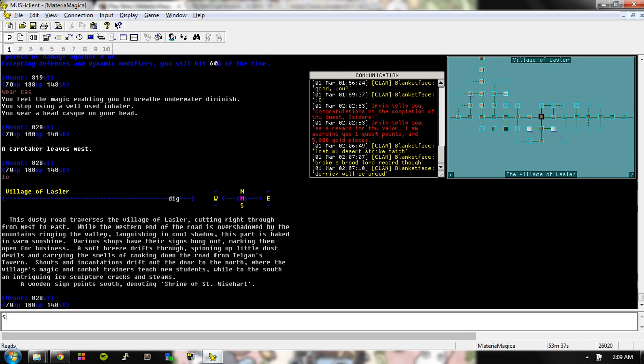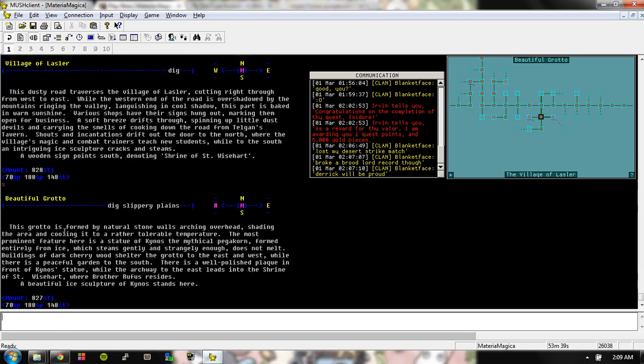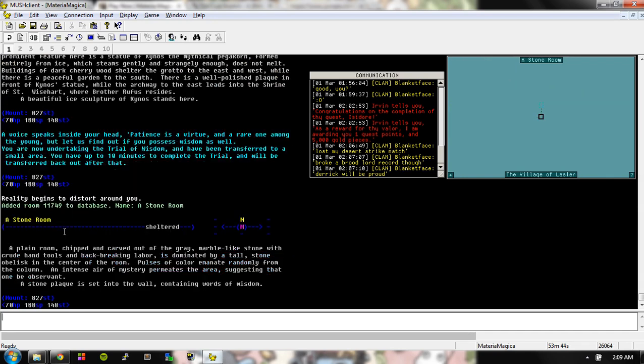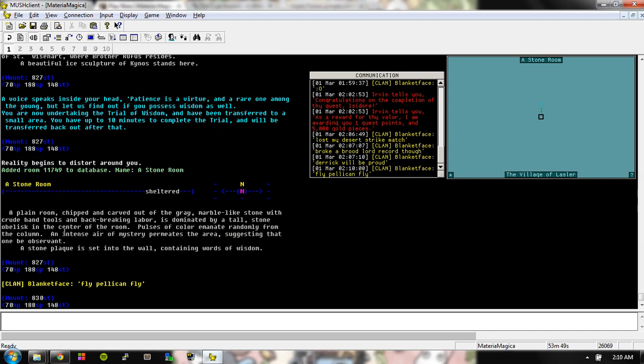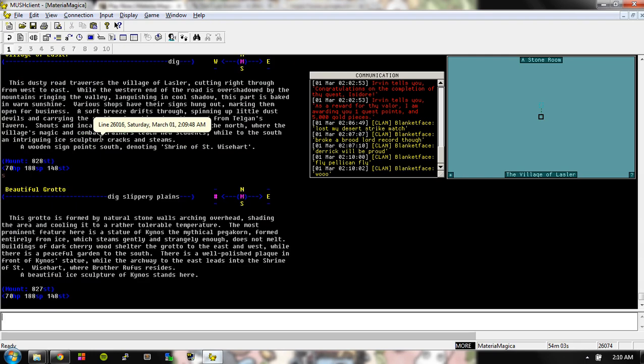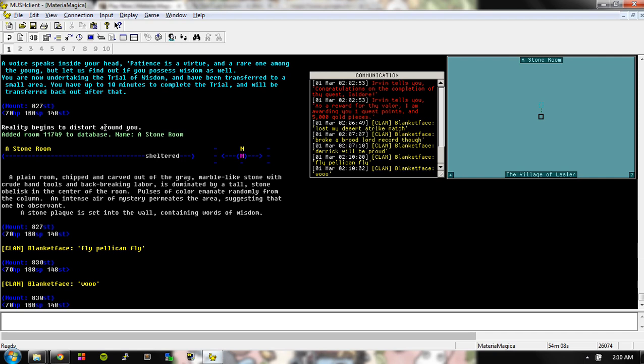Okay, now we have a couple of short, quick things to do. The next thing we're going to do is the trial of wisdom. Once you've done everything else, I believe you have to kill the crab. Anyway, once you've done the trial and killed the crab, if you go to this room, a beautiful grotto right next to Rufus's room, and sit there for a couple ticks, you'll get transferred into this next stone